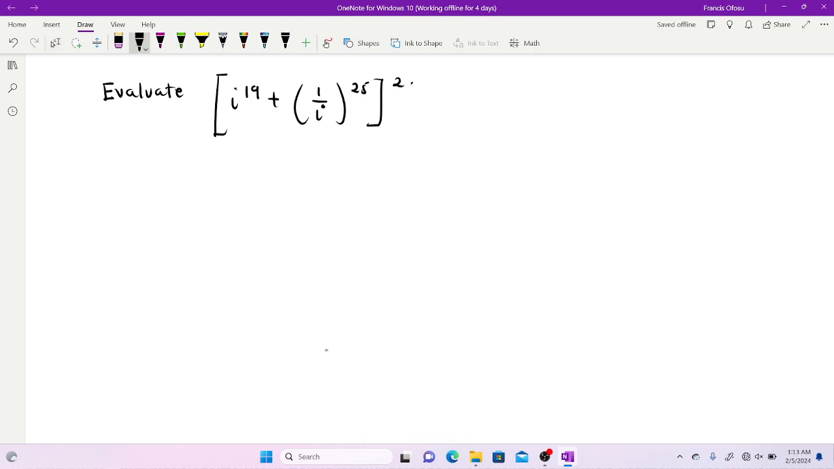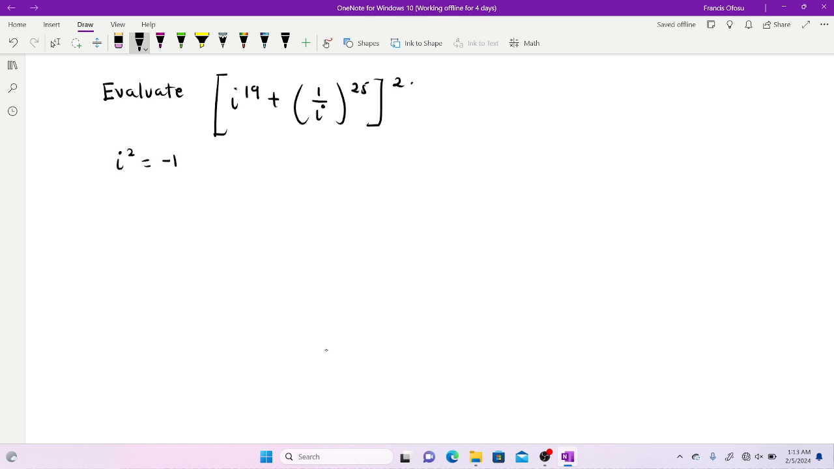So in this tutorial, we have a problem which is under complex numbers. We are going to tackle this problem which deals with powers of complex numbers. Evaluate the expression i to the power 19 plus 1 over i to the power 25, all squared. So when you have something like this, the first thing to do is recall that the operator i, when you square